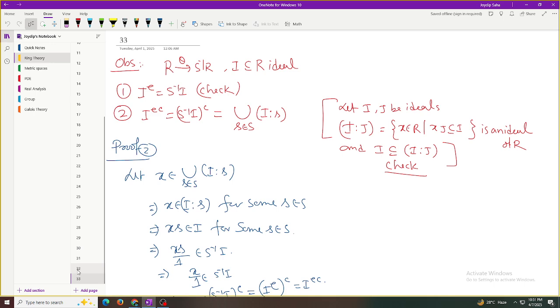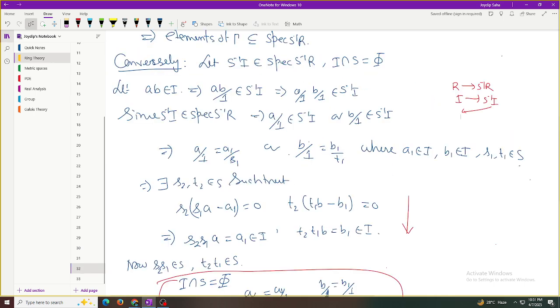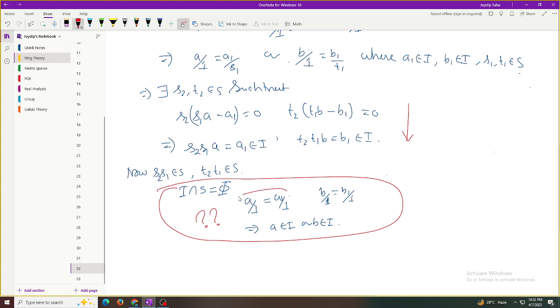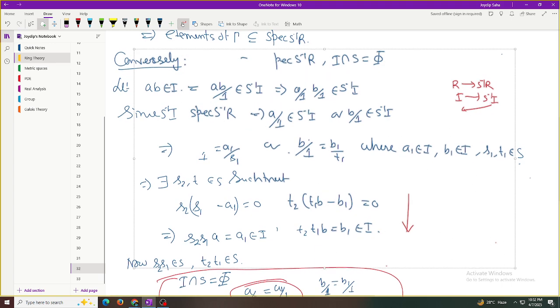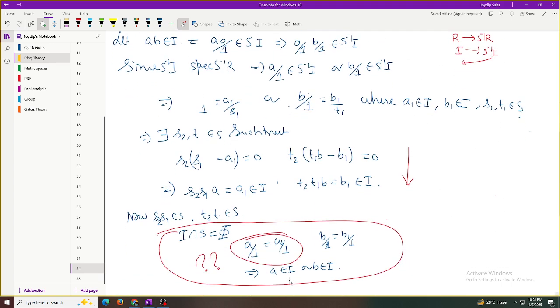So if I start with S inverse I, then you will see that there is a problem, and the problem is the last line. So I have to start with here. So this is a natural approach, but I will reach a problem. So I should start this way, then you will